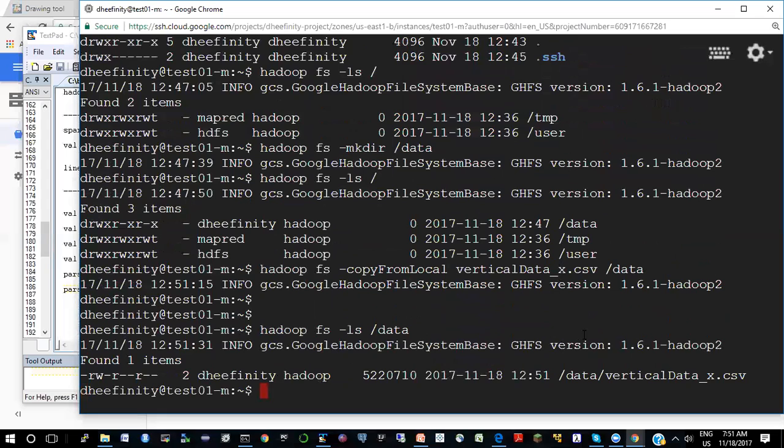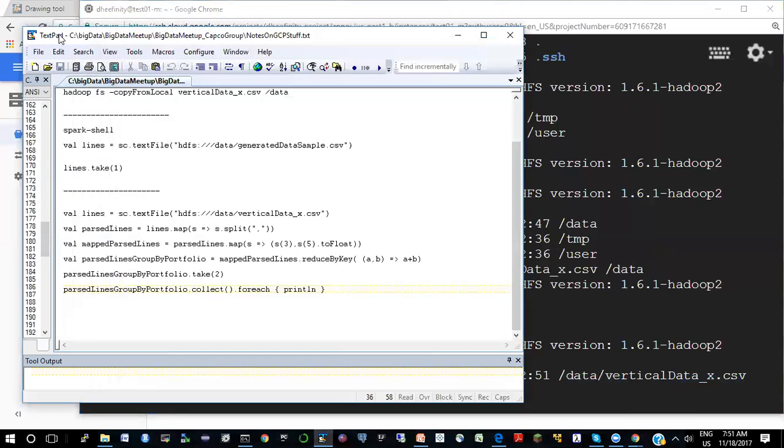When I say you're seeing the file, this file is again not in the local system. It's the name node that's giving you the information. It's saying that you have an HDFS file that looks like this. Okay, so we have put the file there, and now we are ready to actually